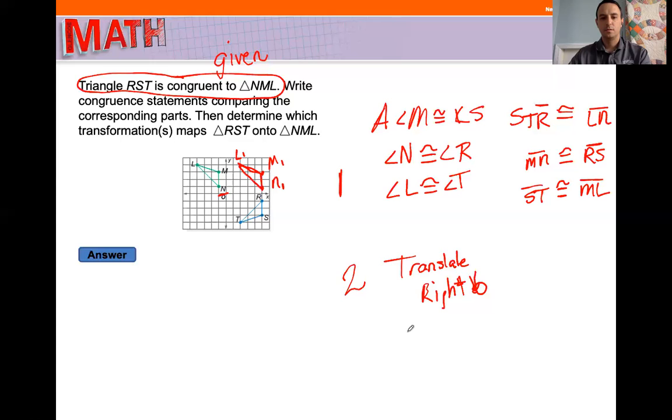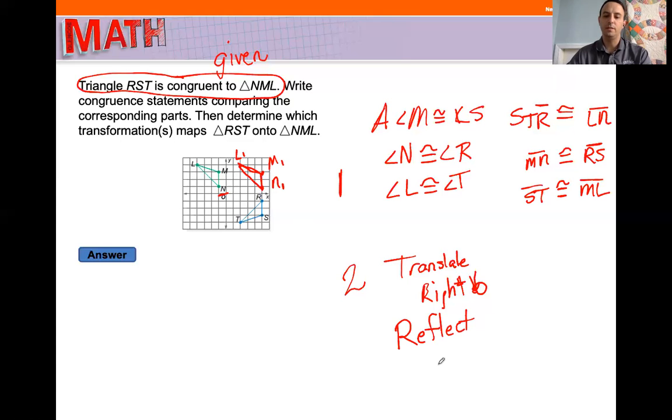Move it, translation. If I translate it, it's still going to be pointed in different directions. How do I get it to turn over? Rotation won't work, because if I rotate it, it's just going to move in the same spot. It's going to change the orientation. So my best option is to reflect